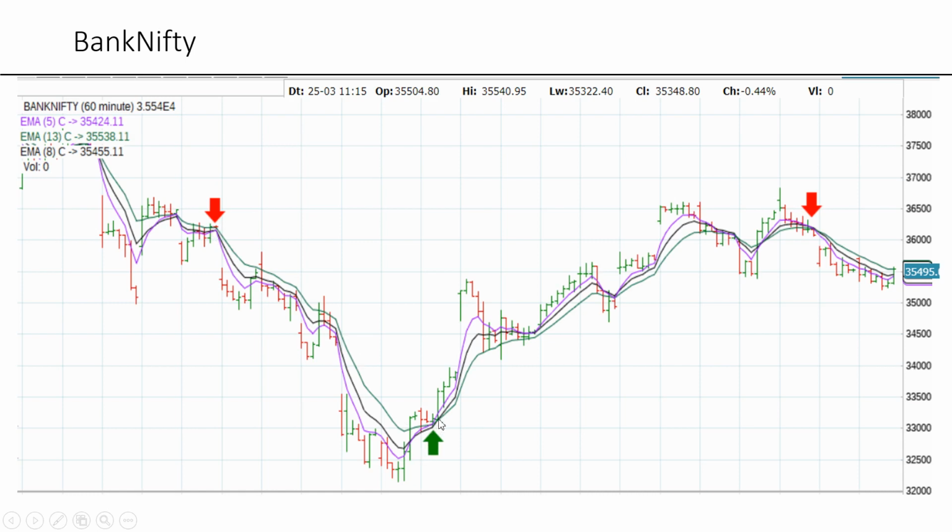Now at this green arrow we have a buy setup. Okay, so now your buy setup formation happens clearly here. You see purple line greater than black line greater than green line. So this is a buy setup, and if you see somewhere around here near the 5 EMA, 33,500, take on a little higher side. This point we take a buy trade, 33,500 we take a buy trade,